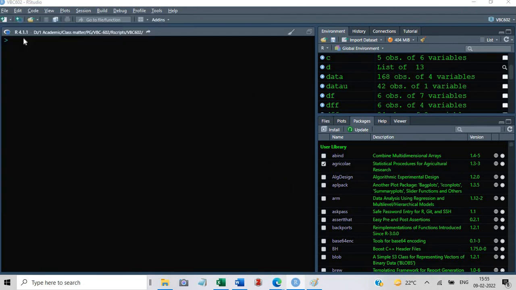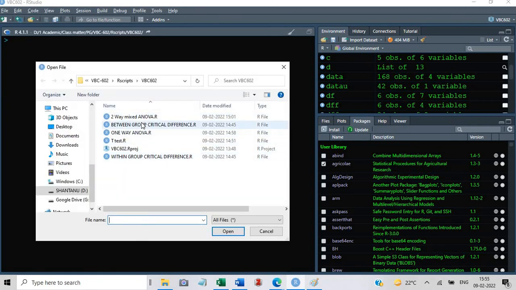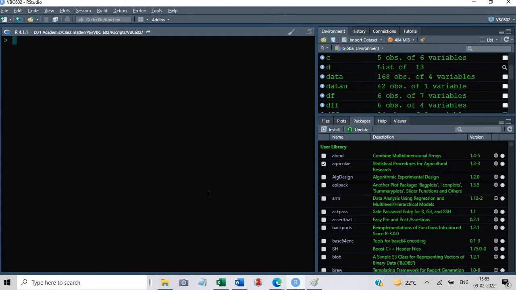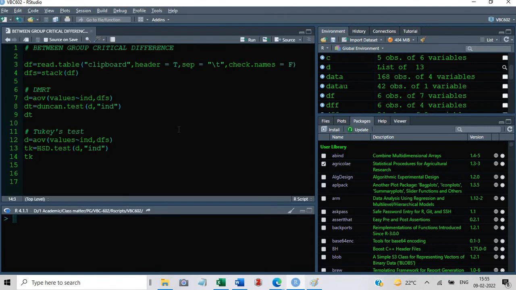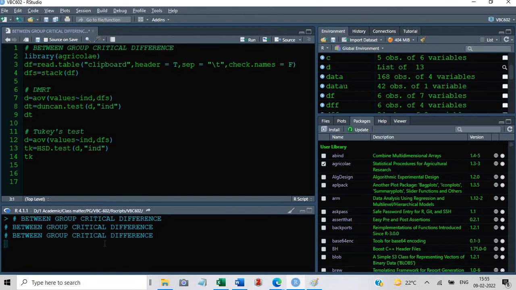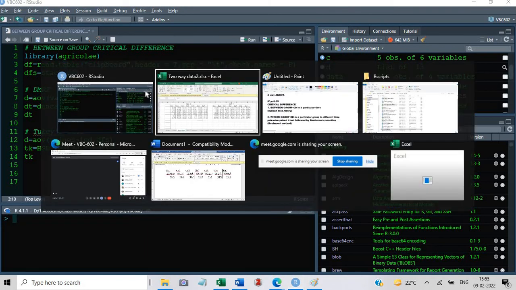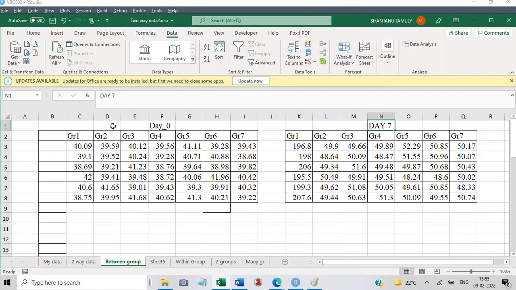Open file, between group critical difference, open. Okay, fine. Let me start with day 0.